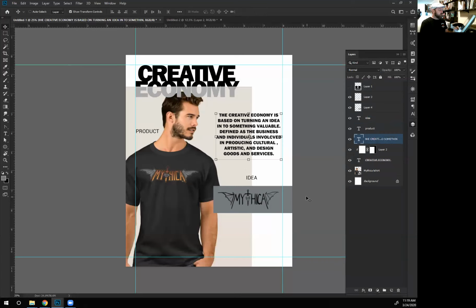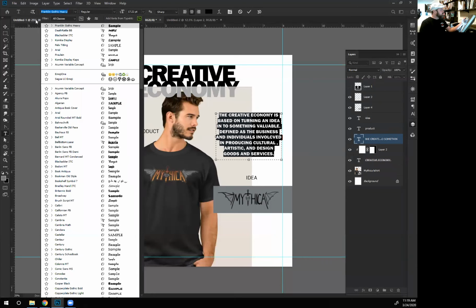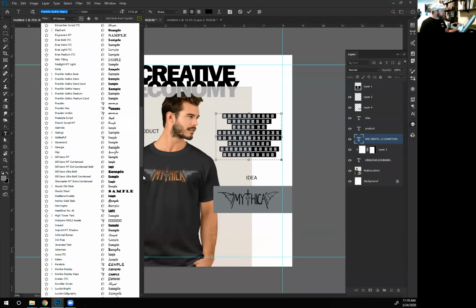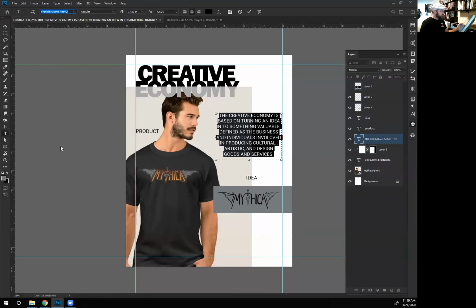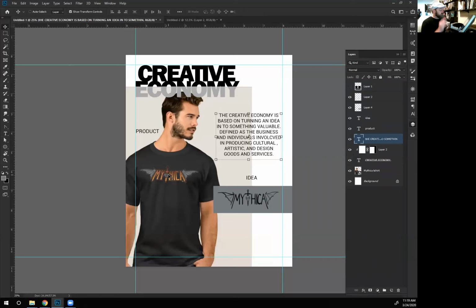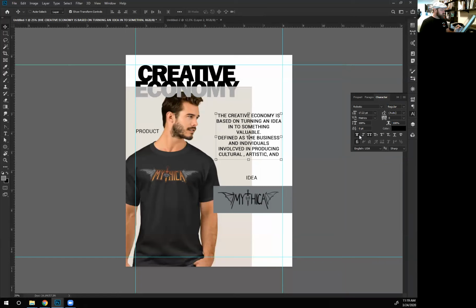Let's see what this looks like with Roboto. I don't know why Roboto's not up there. Okay. It's a little bit lighter. Okay, let's see what it looks like with a little bit of bolding. Not too bad. We just need to, oops, adjust the text box a little bit. There we go. I just didn't want that